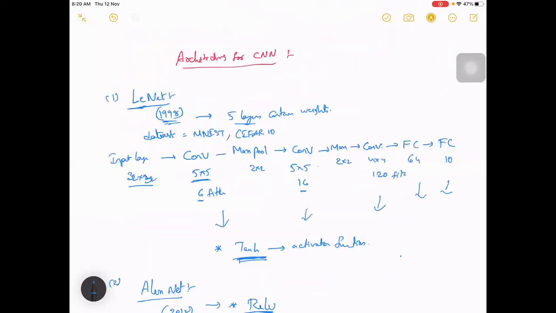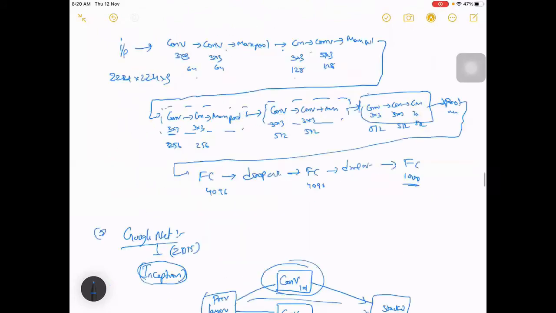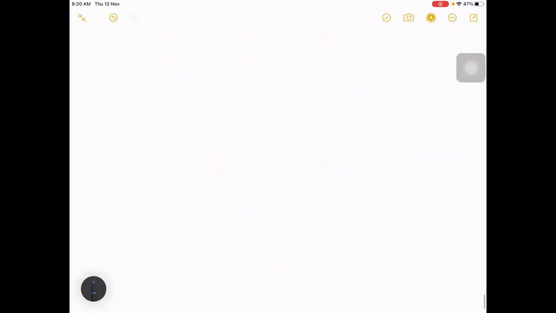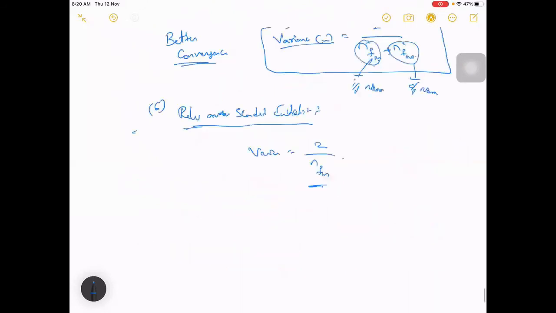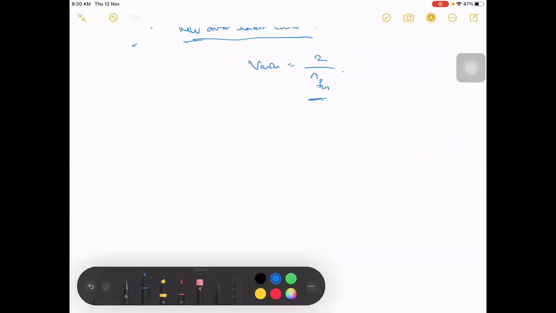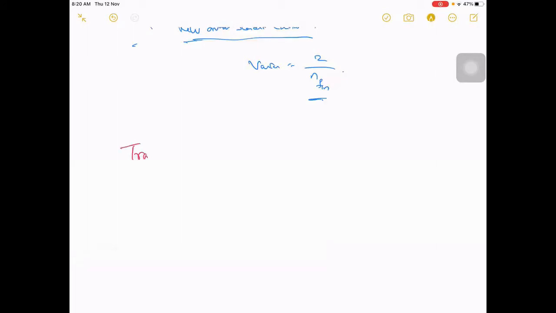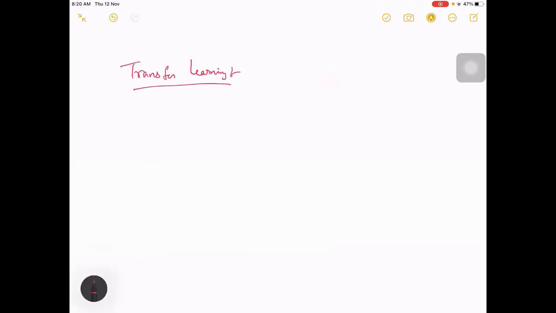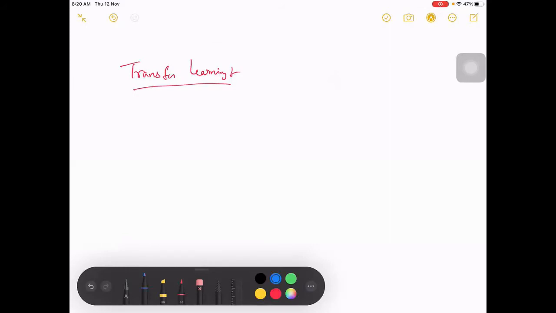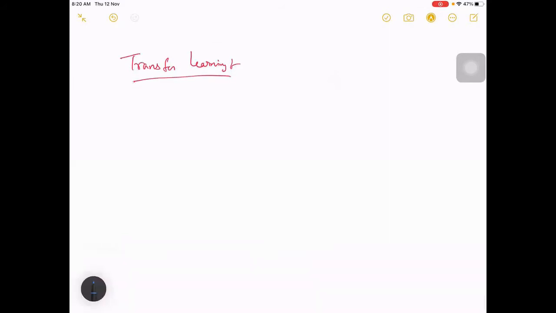If you want to reuse a similar architecture, then instead of going for this custom initialization of custom layers, what is also better is to go for a pre-trained model. Let me call that concept transfer learning. So instead of customly initializing a network, if your network is similar to what you have, you don't want to start from scratch.